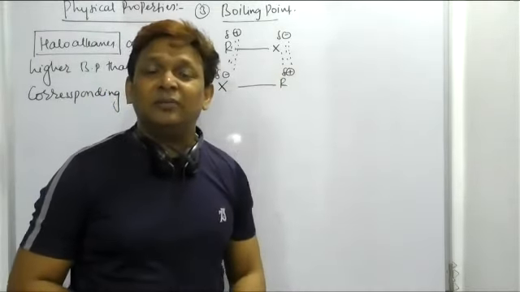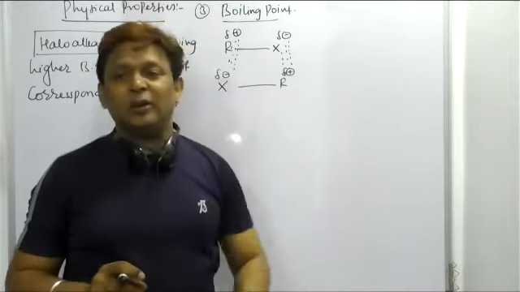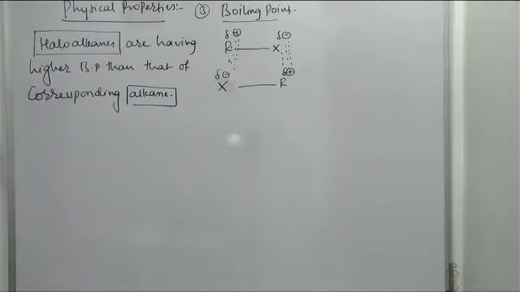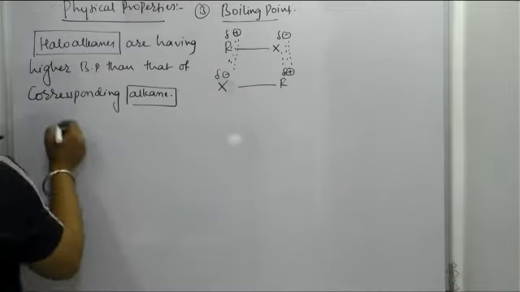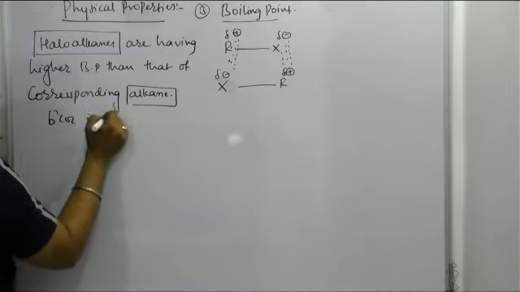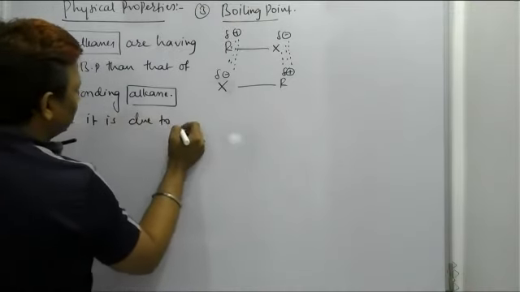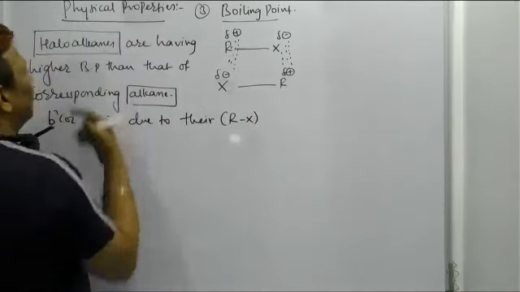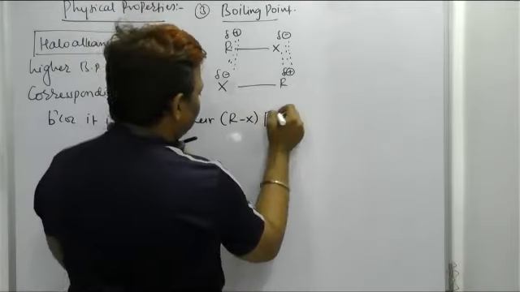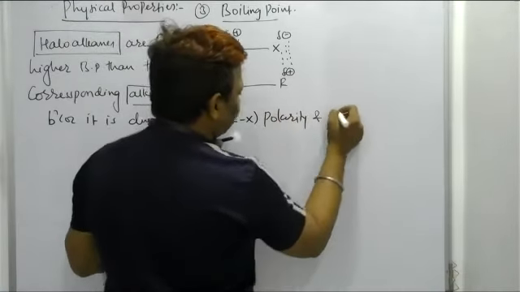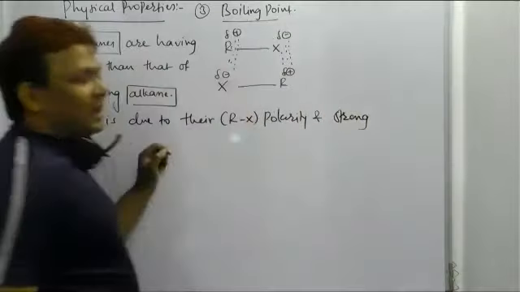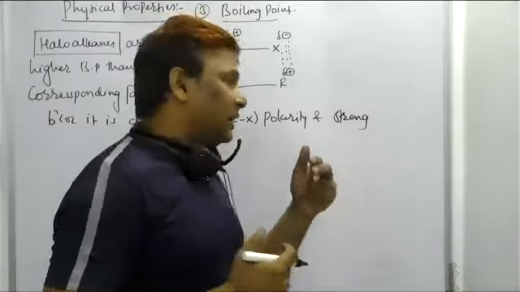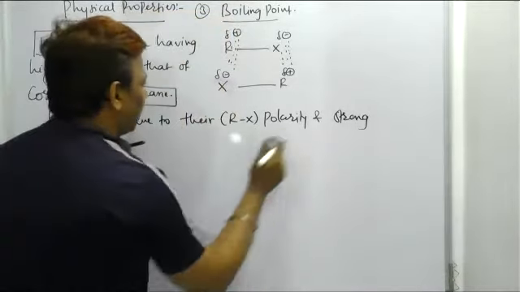No polarity will develop between the carbon and hydrogen in the alkane. So what we can say, beta, is that haloalkanes have a higher boiling point than alkanes because of their polarity. It is due to their polarity, and the force of attraction between dipole and induced dipole will be more, and strong